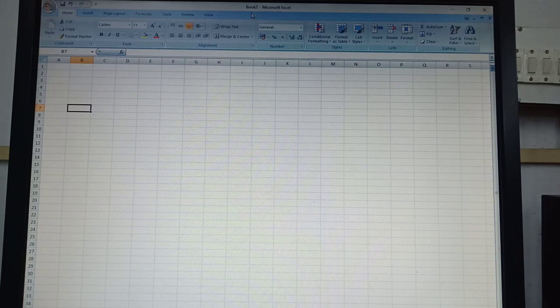Just down the title bar, we are having menu bar, which contains the menus: home, insert, page layout, formulas, data, review and view. These are the part of menu bar and they are different menus. Just in the down of the menu bar, because home tab is by default selected, so the toolbar of the home tab is getting open.